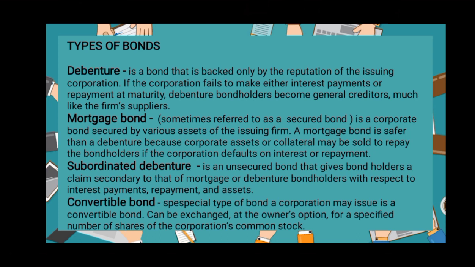Next is mortgage bond. Kung ang debenture is unsecured bond, ang mortgage bond naman is secured bond. Mas safe ito kaysa sa debenture. Example ng mortgage bond is real estate. Kapag ang homeowner hindi nakabayad sa maturity date or nagkaroon ng default sa mortgage, yung bondholders is i-convert niya into cash yung mga assets or property ng homeowner. So, yung mga properties nila is maliliquidated.